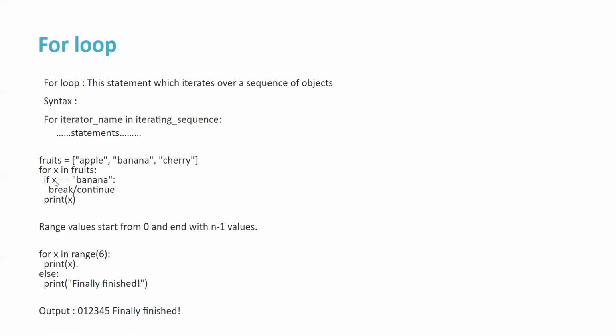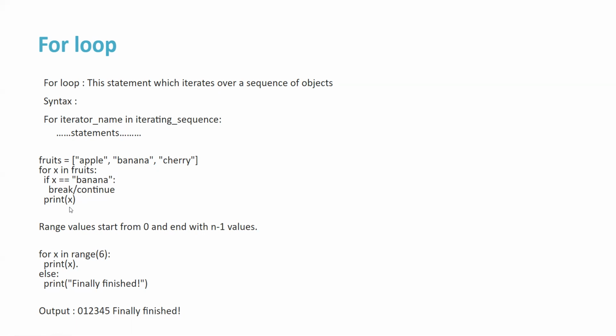first it takes apple. If apple is equal to banana, no, so print apple. Next it takes banana. Banana is banana, yes. You can use break or continue, but it is not mandatory to use this if statement. If you want to print, you can print banana, or if you want to come out of this loop, make use of break. Or if you want to continue with the next iteration, go with continue. Next comes cherry. Cherry is in fruits, so this will not be executed, and now cherry will be printed over here. This is how things work.